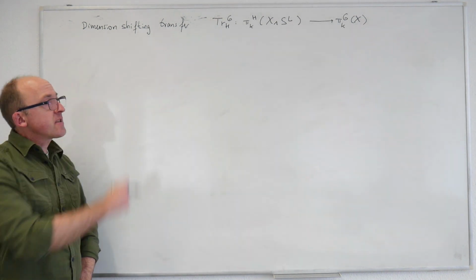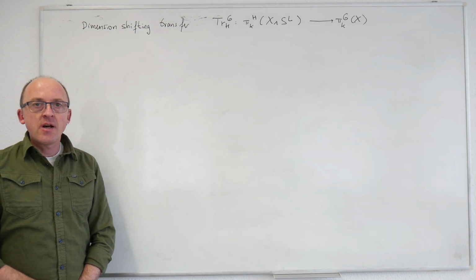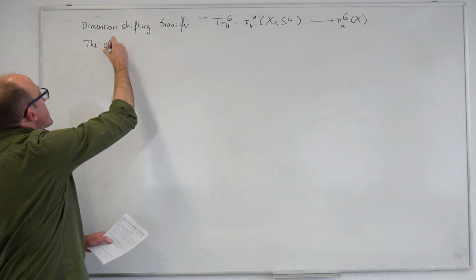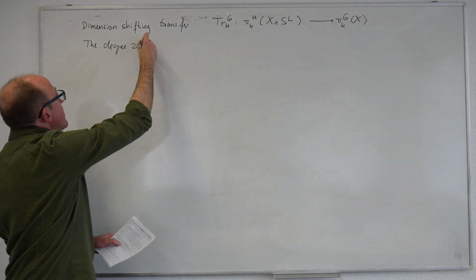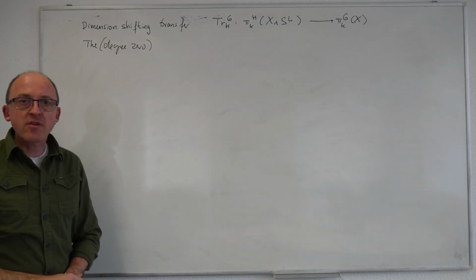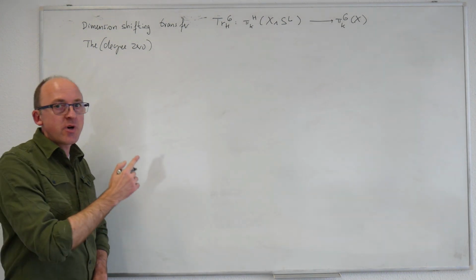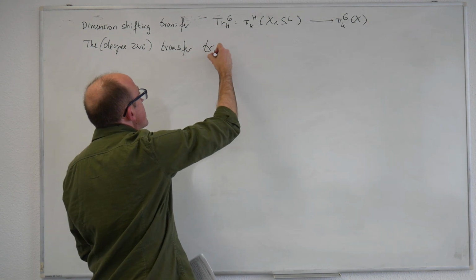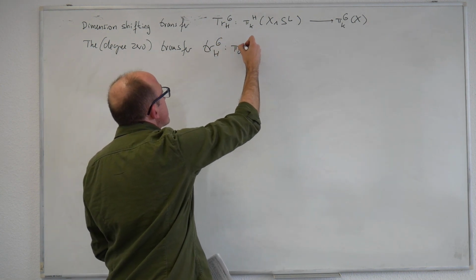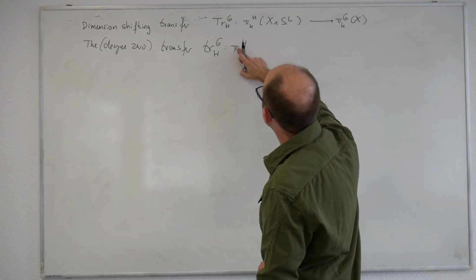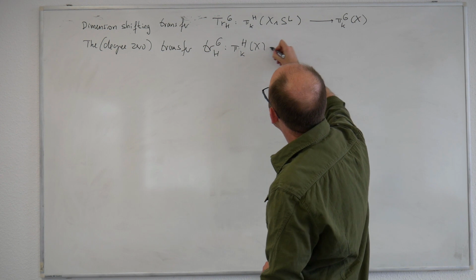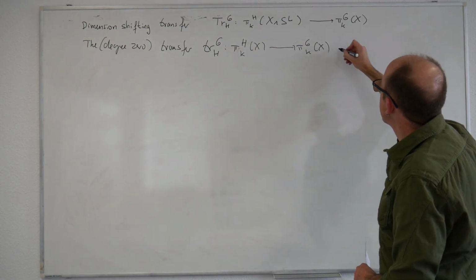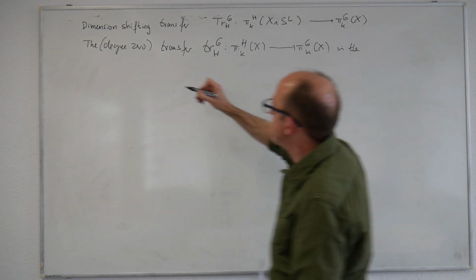From the dimension shifting transfer that I've discussed on the previous whiteboards, I can now define the degree 0 transfer that we're mostly interested in. So if I need to emphasize this, I call it the degree 0 transfer, but most of the time I'll just say the transfer for this one, which doesn't shift dimension. So this is with a little t. It goes from the H equivariant homotopy group in dimension k of X to the G equivariant homotopy group in the same dimension, so no shift in dimensions, and it is the composite